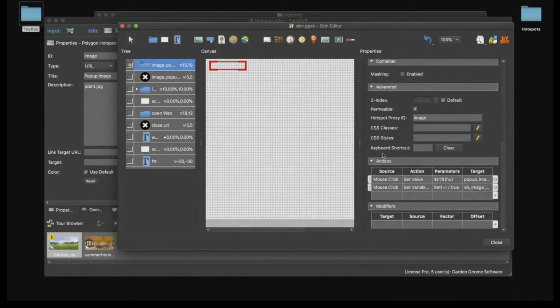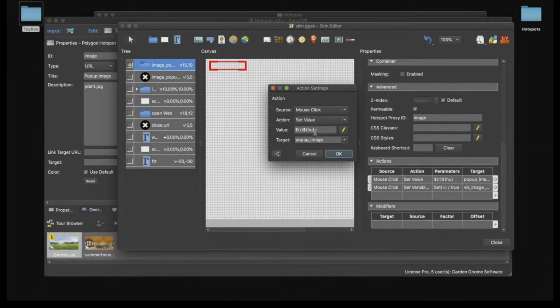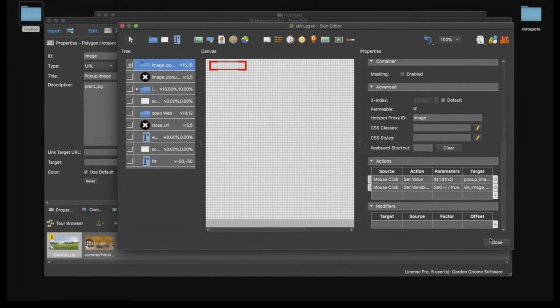And here are the two actions. Now, again, like we did before, because the hotspot would be using the hotspot's URL, we're now using the hotspot's description. So we modified the HU to HD. All right. Now, the thing here is the file path is going to be slightly wrong, because if we save